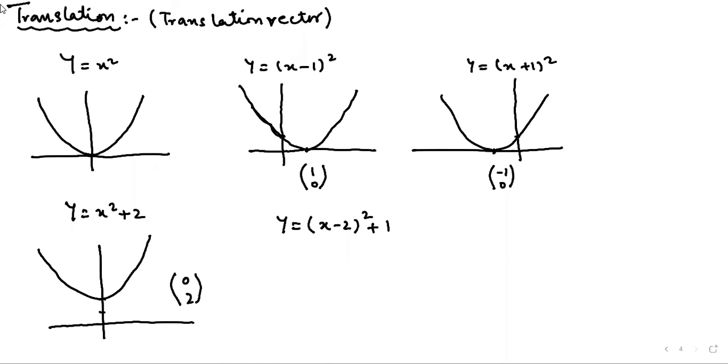And there is plus 1 in y or x? Yes, in y. So the change of y is as it is. If there is an addition, the curve will move upwards. If there is a subtraction, the curve will move downwards. Sir, won't y become 5? If we put x as 0, doesn't y become 5? Yes, the y coordinate is 5. Yes, the y intercept is 5. Now we will draw this curve.